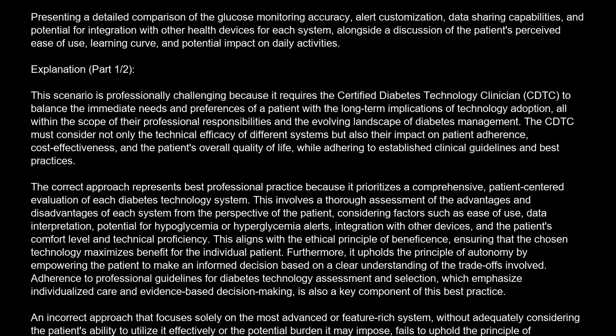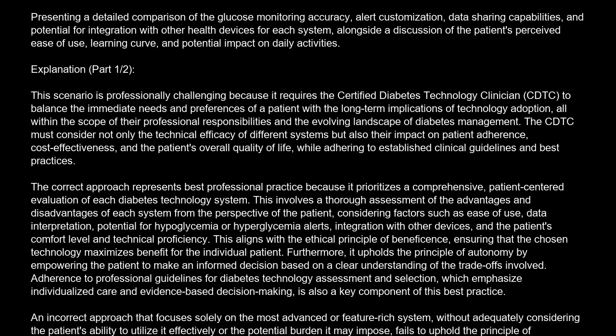Presenting a detailed comparison of the glucose monitoring accuracy, alert customization, data sharing capabilities, and potential for integration with other health devices for each system, alongside a discussion of the patient's perceived ease of use, learning curve, and potential impact on daily activities. Explanation. This scenario is professionally challenging because it requires the Certified Diabetes Technology Clinician, CDTC, to balance